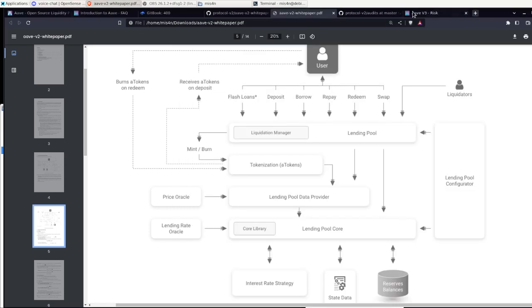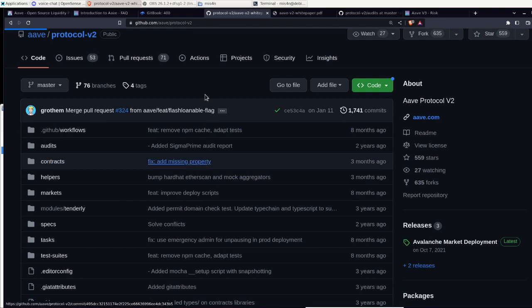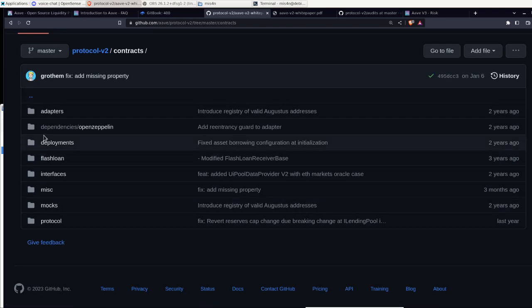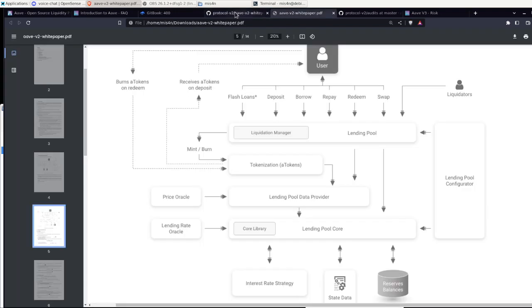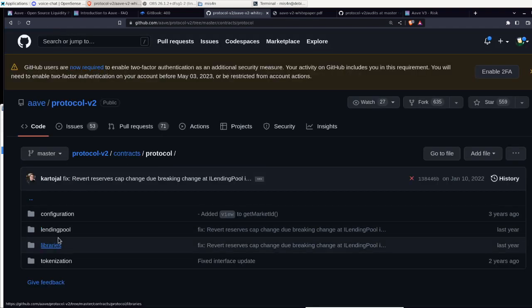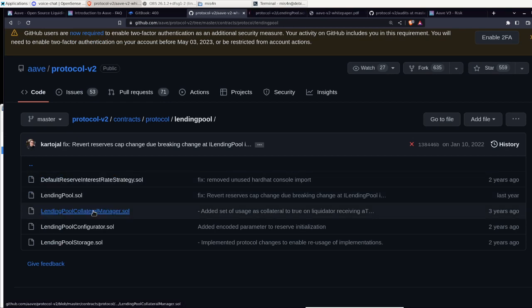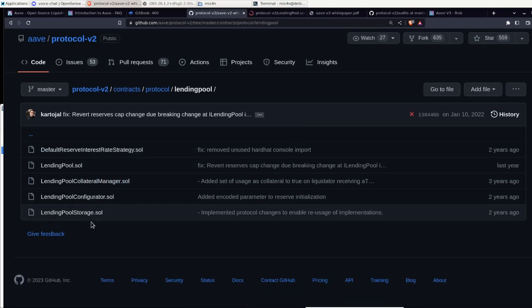what I want to do is take a look at this contract. I want to see lending pool and lending pool core. I'm not looking at the collateral manager.